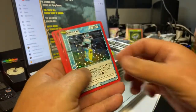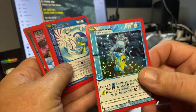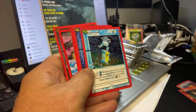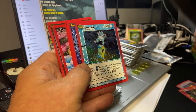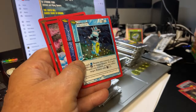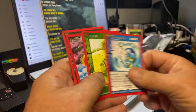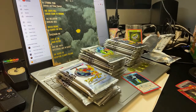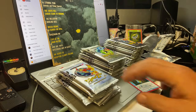And that's a real nice one. I haven't had that one. And that one is Sparky Slushy. I'm putting all the cards back in the box so I keep track. I've got so many